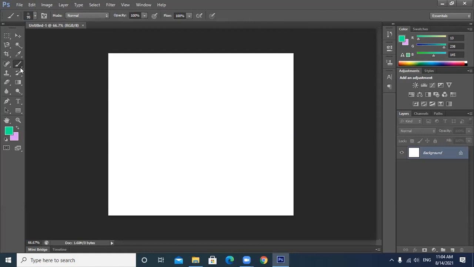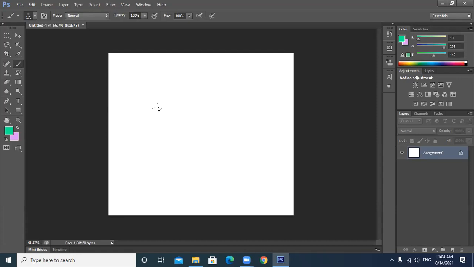Okay, so we are starting with the brush tool first. As I already told you, brush tool is just to create the brush strokes. So we have so many predefined, inbuilt brushes. So let's see how it works. In order to increase the size of the brush, the right square bracket is to be used.